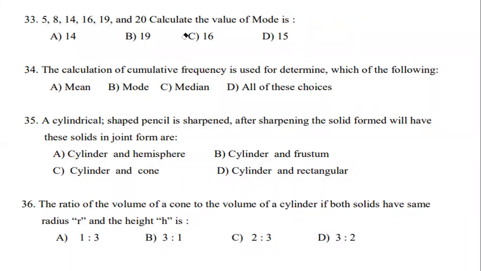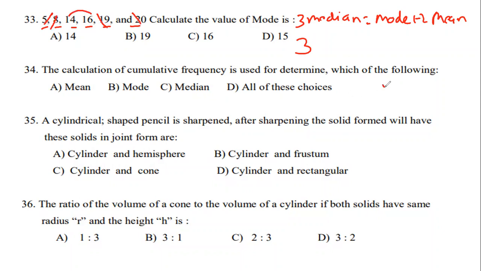The empirical relationship again. Okay, so 3 median is equal to mode plus 2 mean. Is it right? Mode plus 2 mean. 3 into median, the middlemost number. What is the middlemost number? 1, 2, 3, 4, 5, 6. So it will get cancelled. It will take some time to check this one.